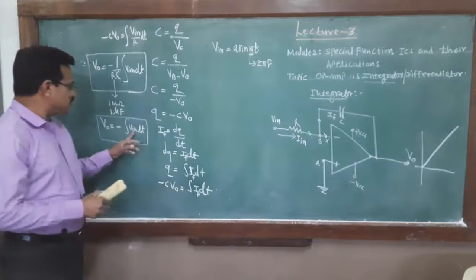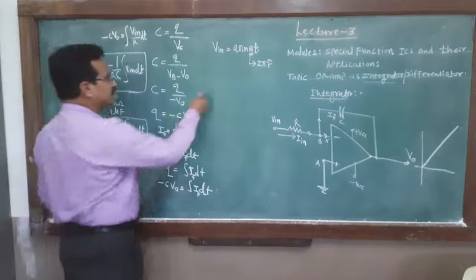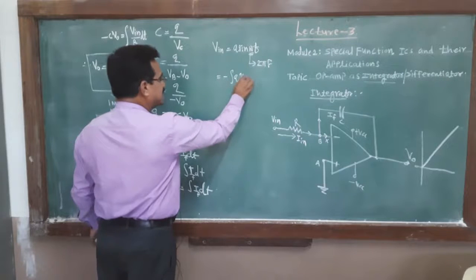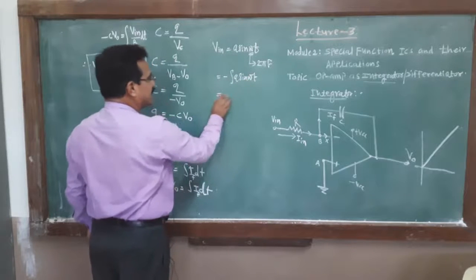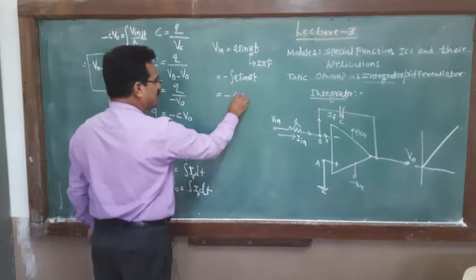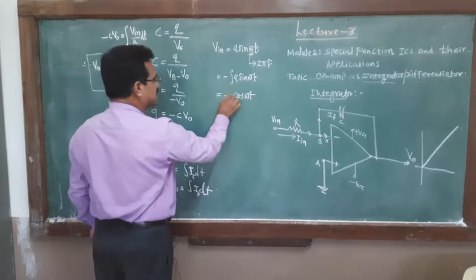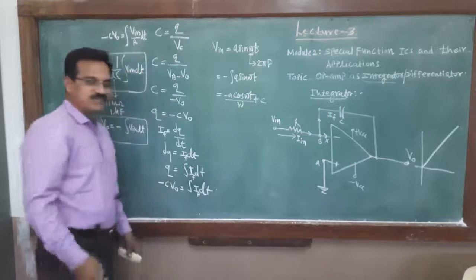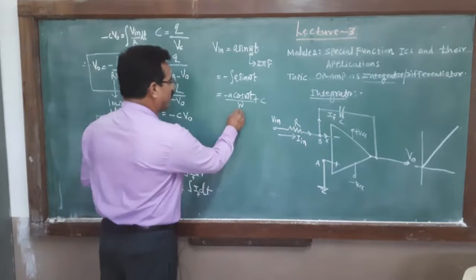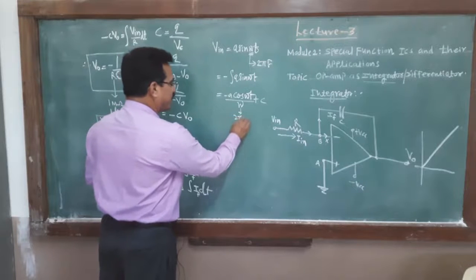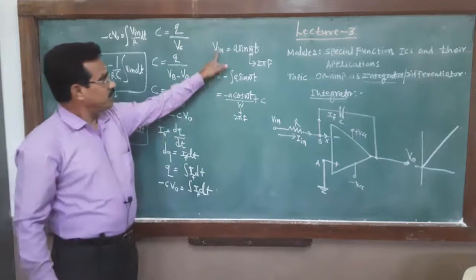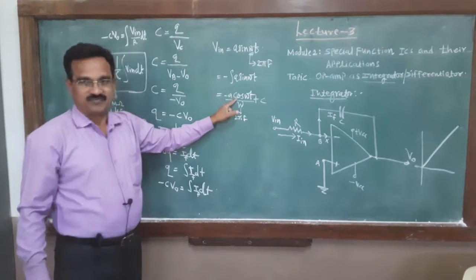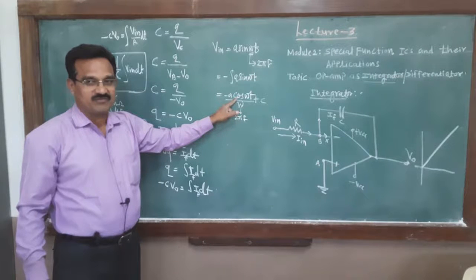And when the integration of that input takes place, then that must be equal to the minus integration of sine omega t. What is the integration? It is minus integration of sine is cos omega t, means a cos omega t divided by omega plus c. And what is omega? Omega is actually twice pi f, means when the input is sine wave, output is cos wave. Output is cosine wave.